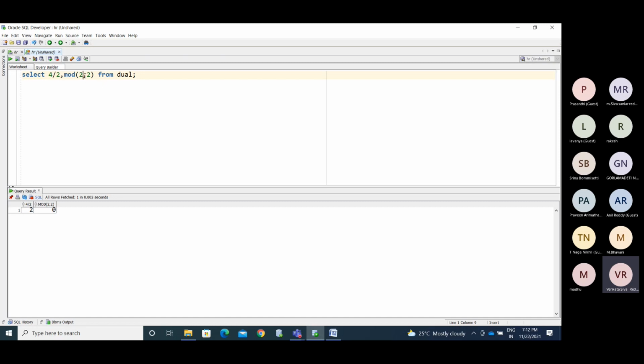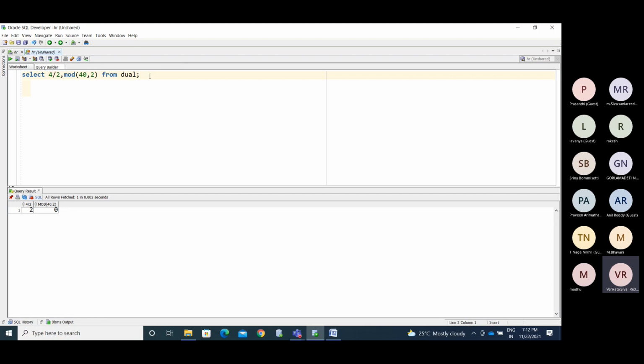Now if I use mod of 4 by 2, we'll get the 0. 40 by 2, you get the 0. The mod function will help you to get the remainder values.